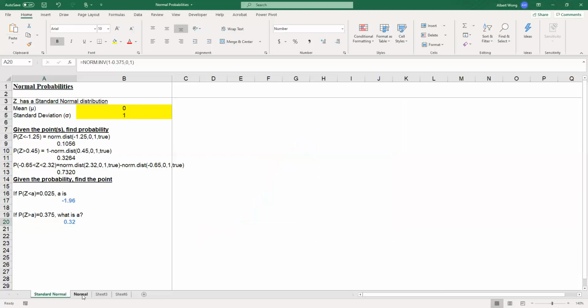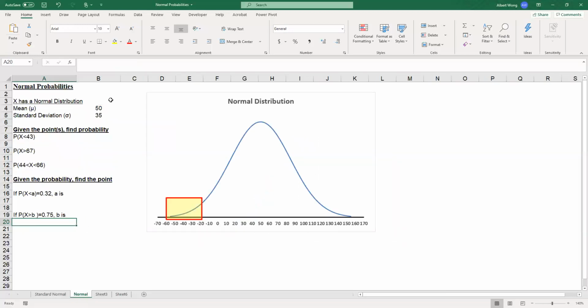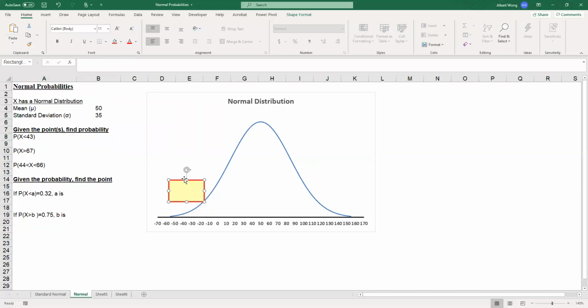So let's just get to it, right? So in this case, suppose we have a normal distribution, the mean is equal to 50, the standard deviation is equal to 35. Again, we still have the same 5 cases. Let's see how we do it. Now, for the first one is less than, right? So again, it's important for us to draw a picture so that we can actually see what we're looking for. So what we're looking for is 43,